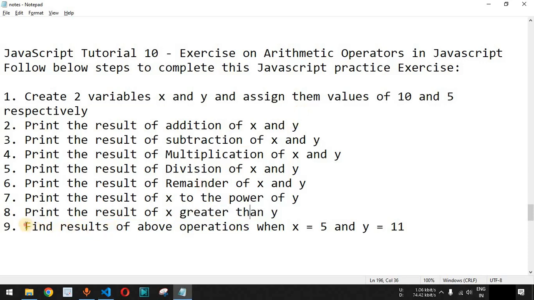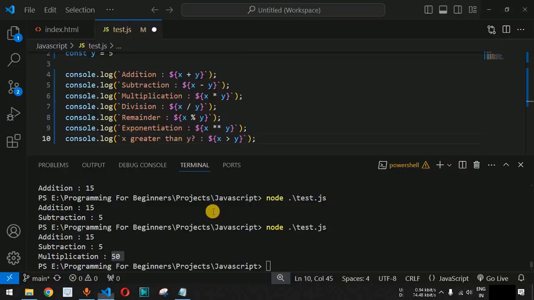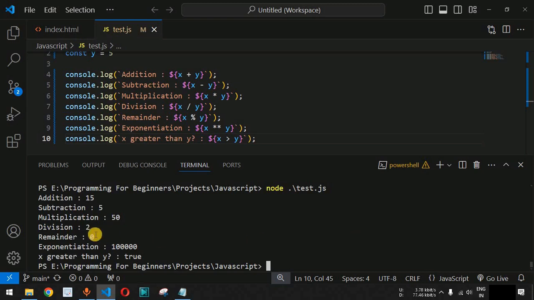And then guys, lastly we have to find the results of all the above operations when x is equal to 5 and y is equal to 11. So guys, first of all let us print the results of all these operations that we have completed so far. So when we save this file now and try running this code once again over here, as you can see,